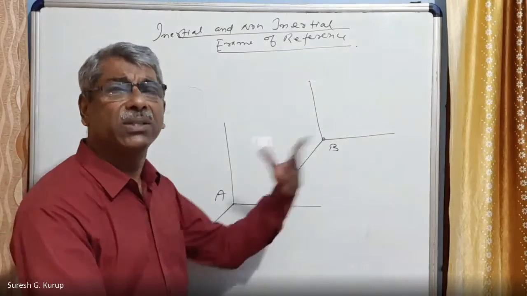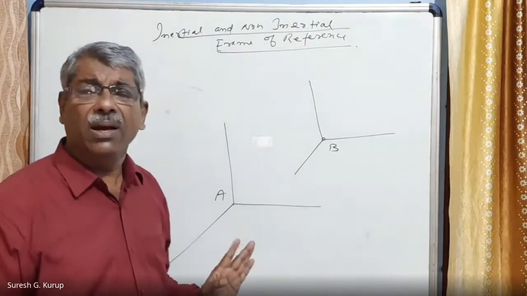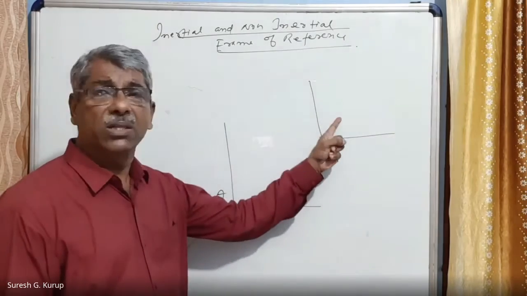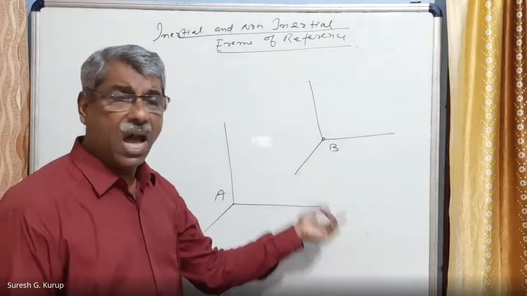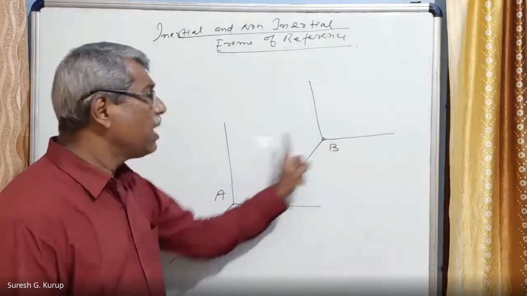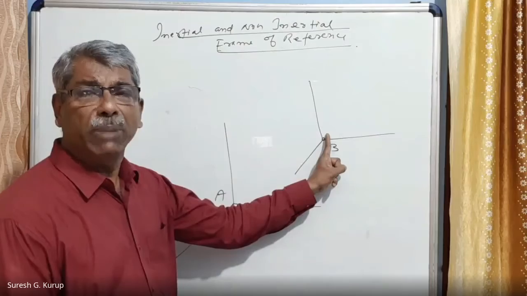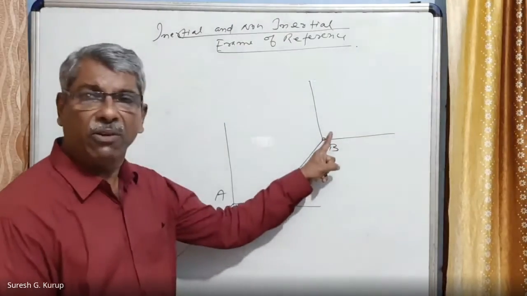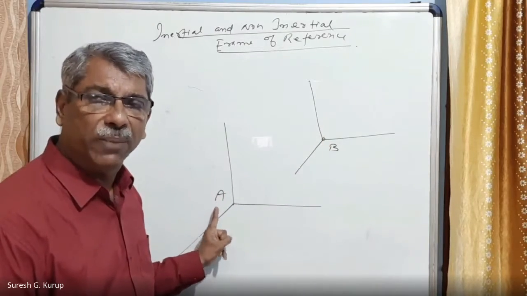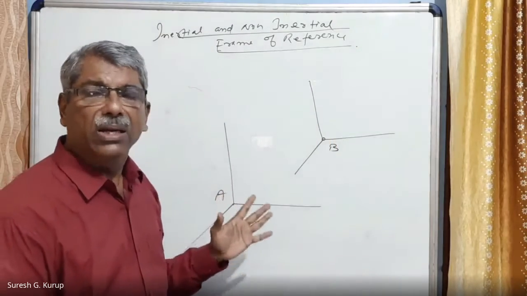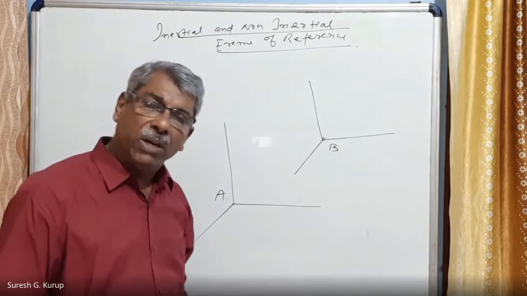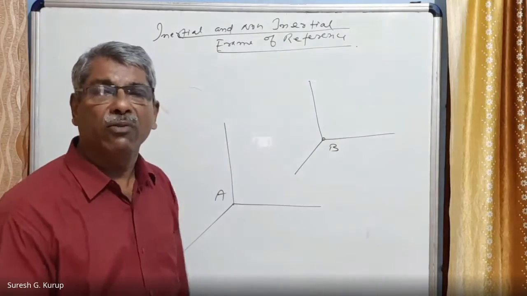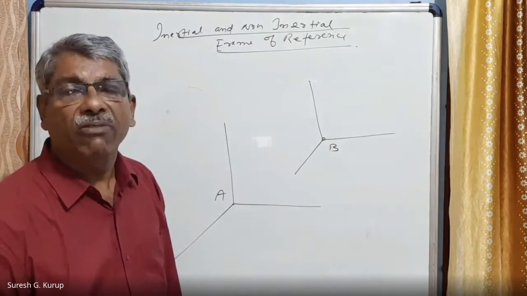Anywhere a person is watching the motion of the other, that person is in a frame of reference. And being in the frame of reference, he watches the motion of the other body and studies that. Suppose this person wants to study the motion of this one, we have to imagine that he is attached with a frame of reference. With respect to that frame of reference, he will study the motion of this body. So both the bodies are not accelerating. Both bodies can move with uniform velocities, but they are not accelerating. Then these two frames of reference are called inertial frames of reference.